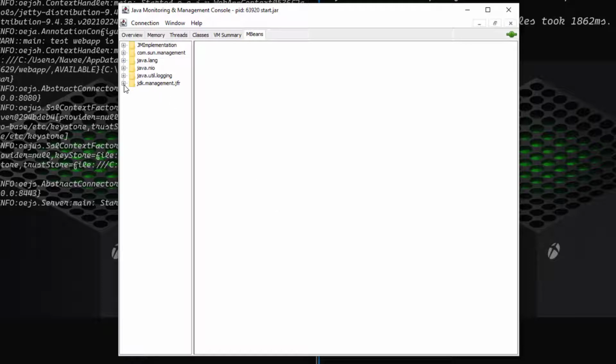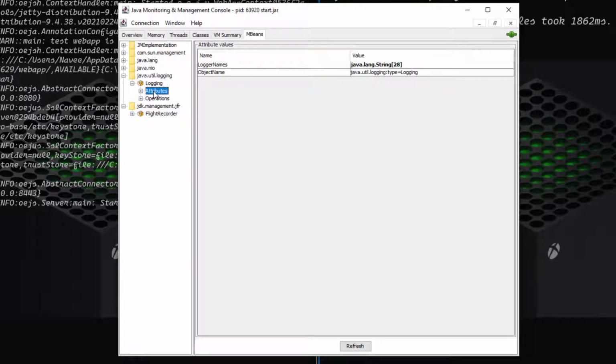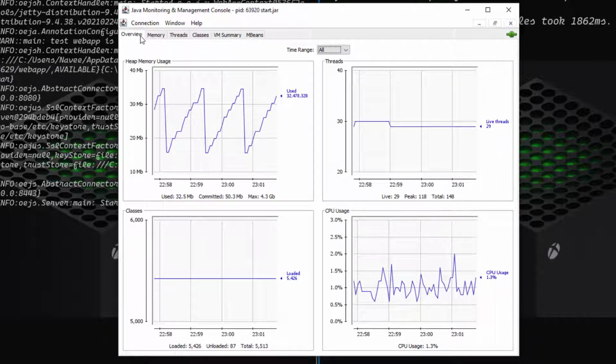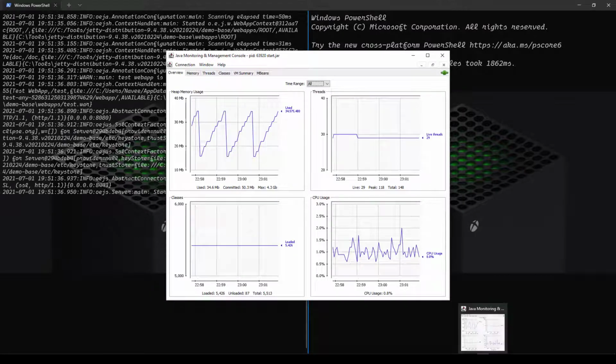For example, under logging, suppose you want to set the logging level to info, debug, or all, you can change your settings without restarting your JVM. No need to stop your JVM. You can just change it on the fly. That is the purpose of MBeans. It will help you to manage your JVM instances. So these are the options available in JConsole. It is very basic. You cannot do much in JConsole. It will just give you the details about your JVM instances. But if you want something more advanced, then you can leverage Java Mission Control.